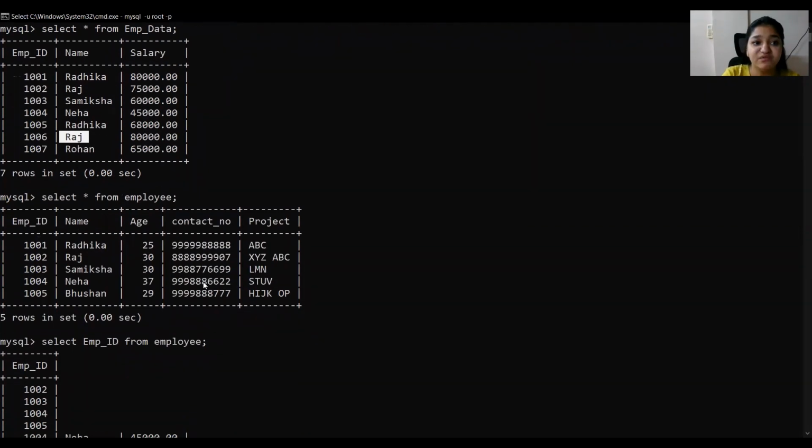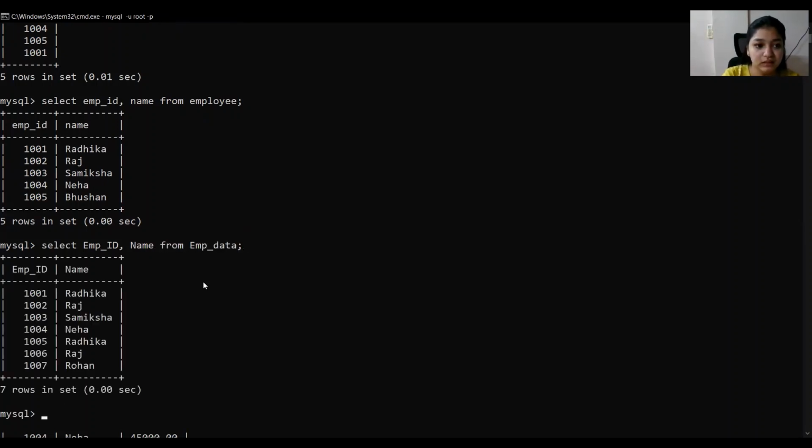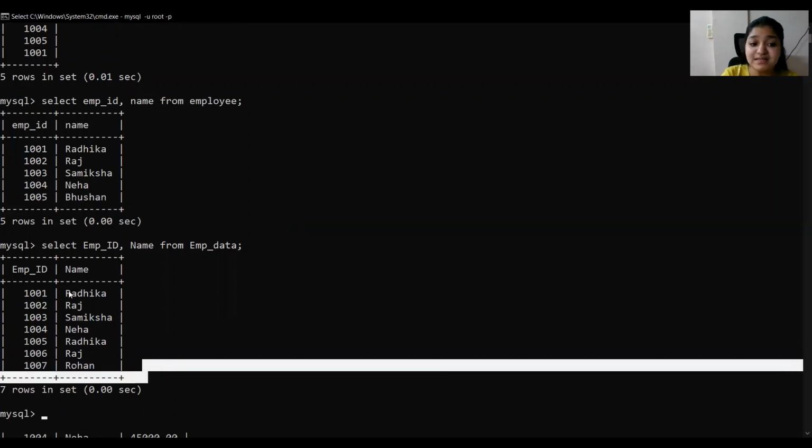So now if I say select employee ID, name from employee data, then we can see here the duplicates as well. Here we need the duplicates because these are two different people with different employee IDs.